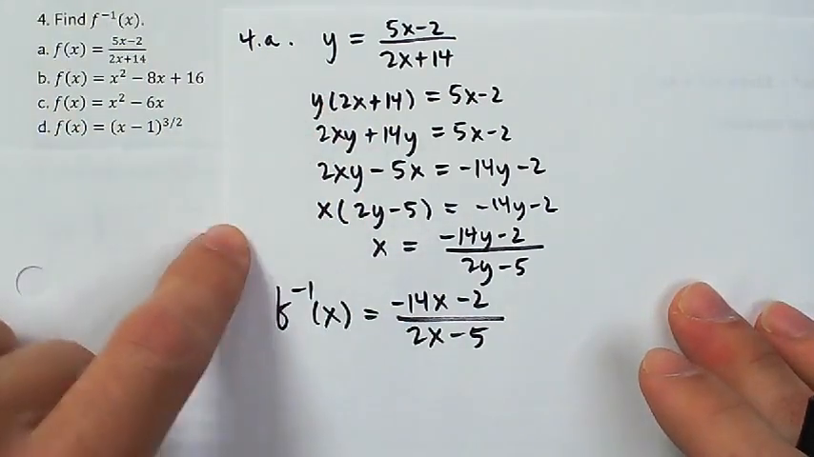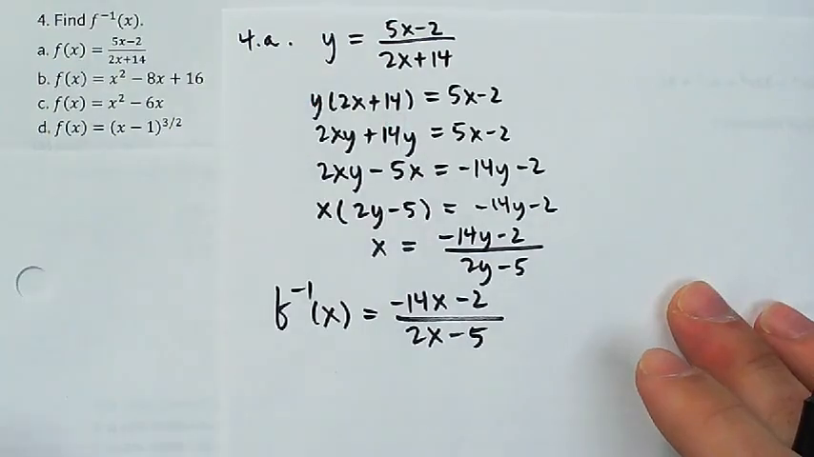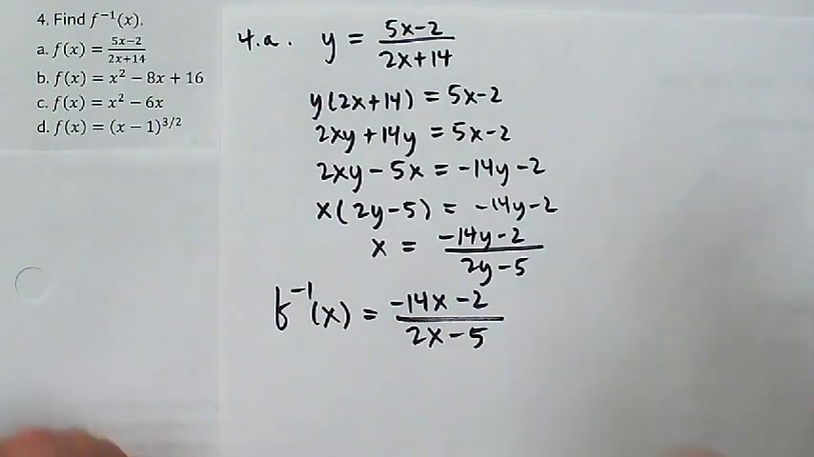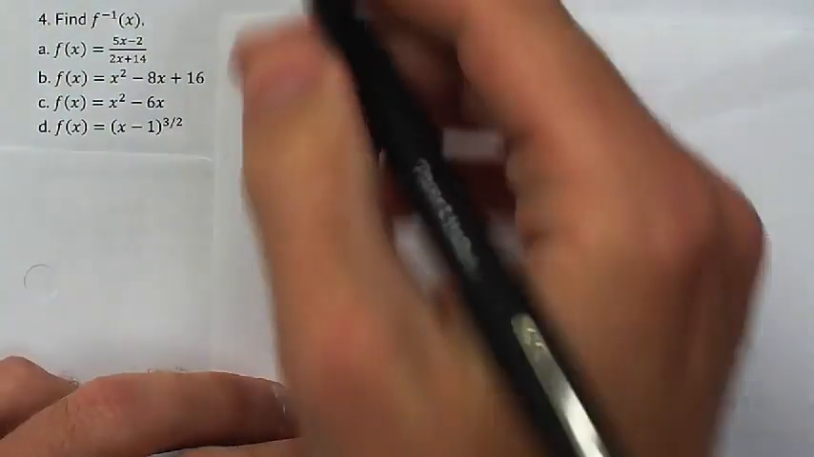I am going to ask you to compute the inverse of a rational function on the test, but it's not going to be one like this where it's linear over linear. It's going to be a little bit easier, and I'll make sure to have one exactly like it on the review. Okay. So for 4b,